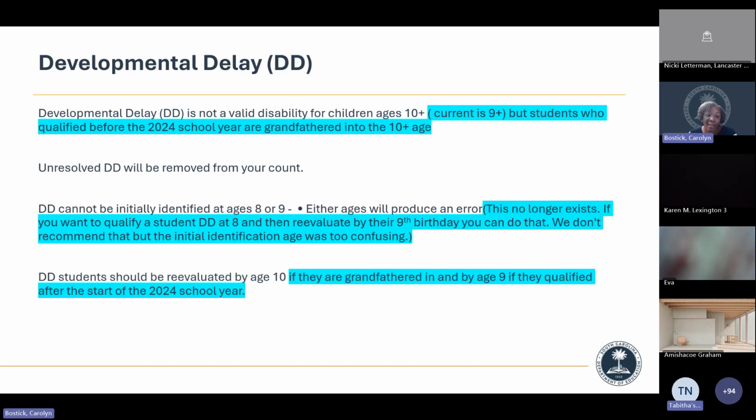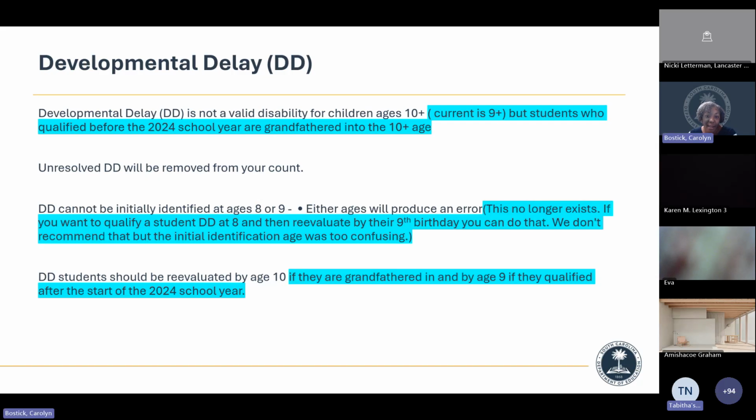But all students that are 10 or older with DD as their primary disability need to be reevaluated prior to being reported, prior to your submission. In the event that you are not able to rectify those, they will be removed from your child count report.